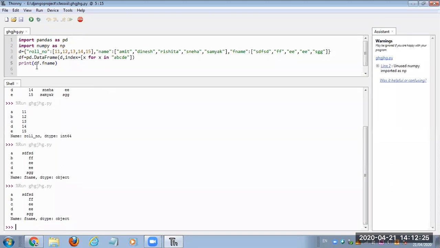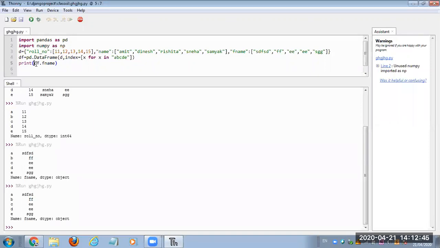But remember that this method, df dot column name, can be used only with a single column. Suppose I want to display the roll number, then I can use df.roll number. Suppose I want to display name only, df.name. For F name, I can simply use df.F name.